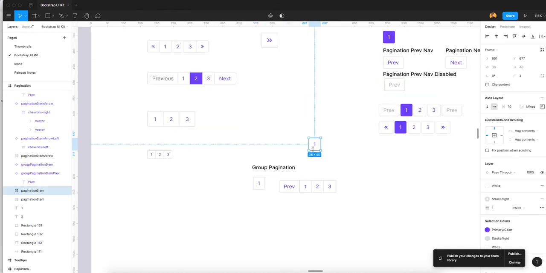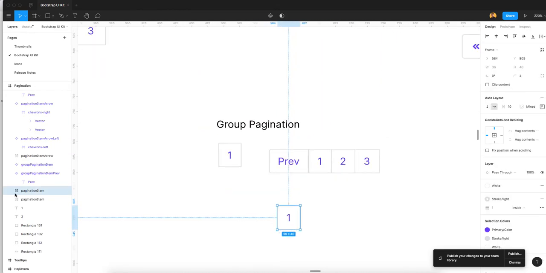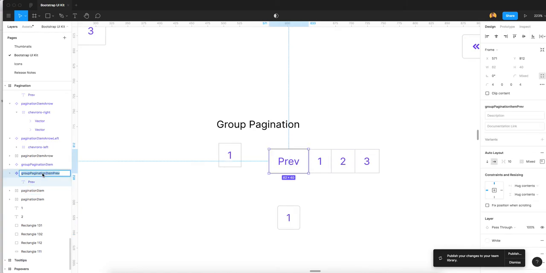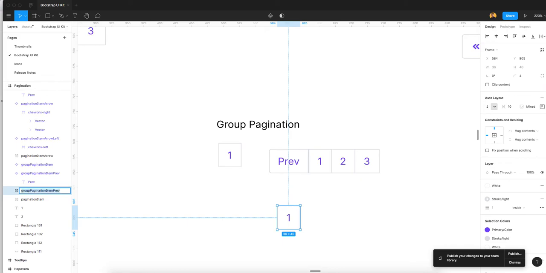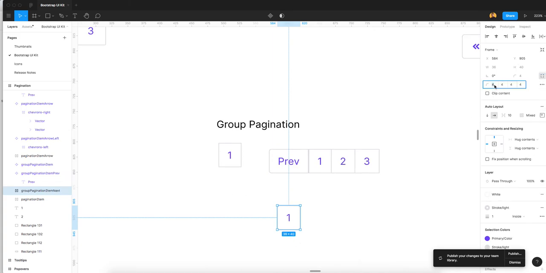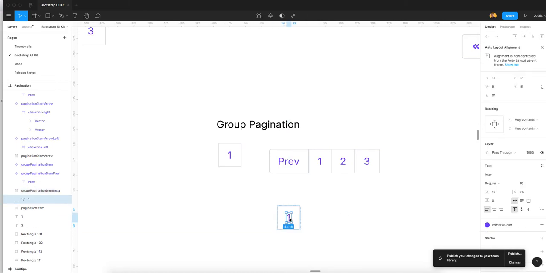I duplicate this, and I will change the name, just duplicate from here and paste. I named it previous, we need next. Okay, so I go here and the border radius will be changed. Now we need 0 and 0 here. Okay, this will be next.